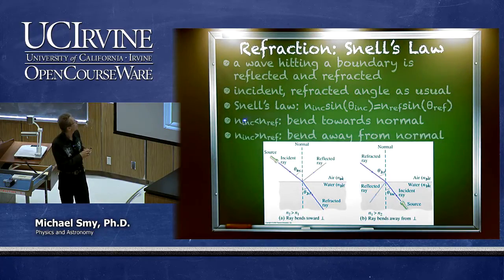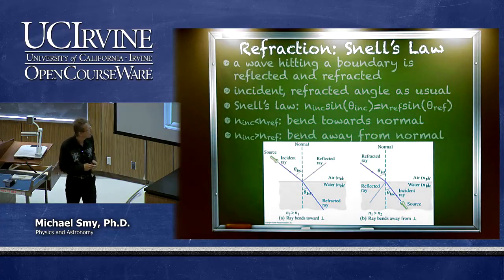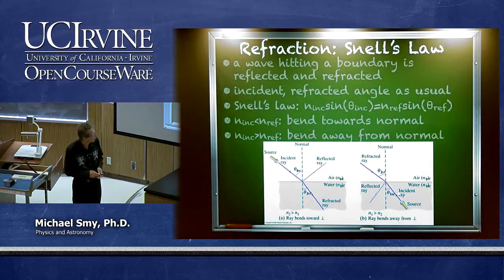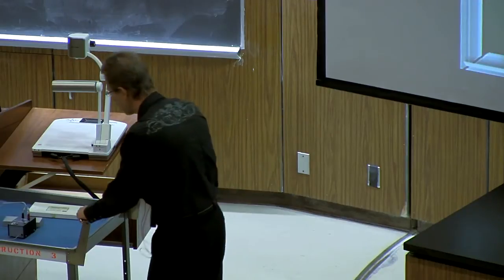And that means that if the index of refraction here is smaller than here, we bend the light ray towards the normal, and in the other case we bend away from the normal. And here is the reverse case where we have a ray coming from water into air, so we bend away from the normal. And of course, then the incident index of refraction and the index of refraction change positions. So we can actually